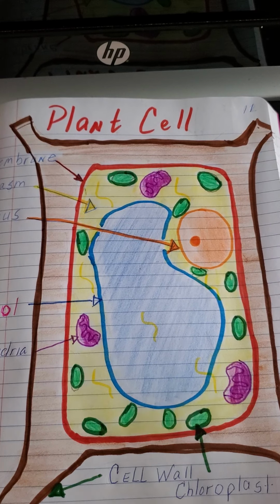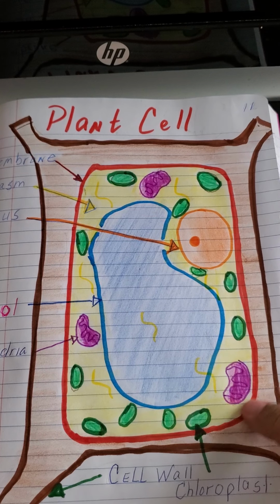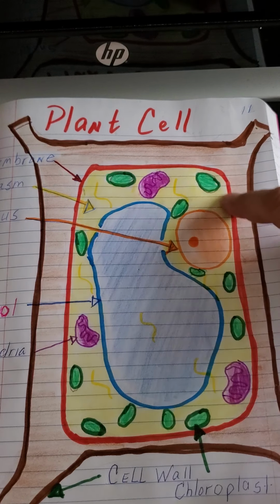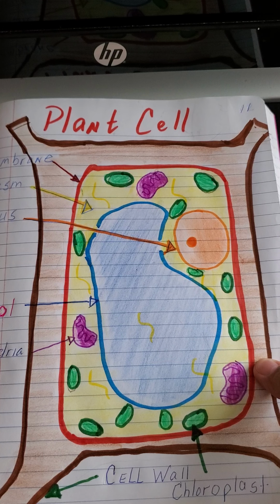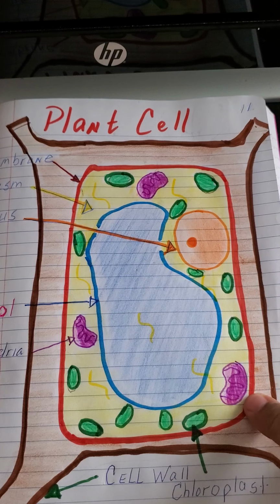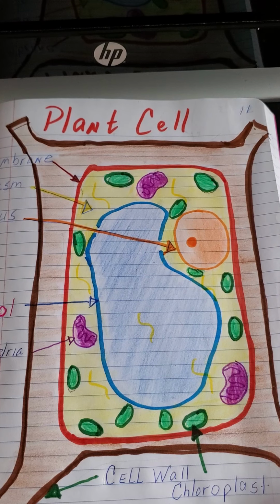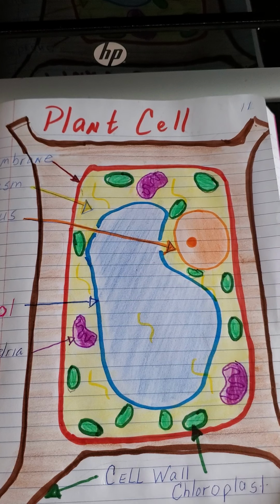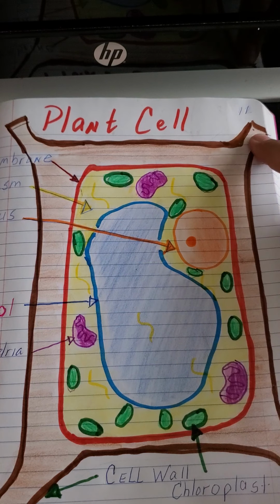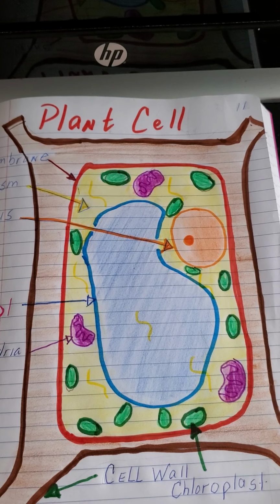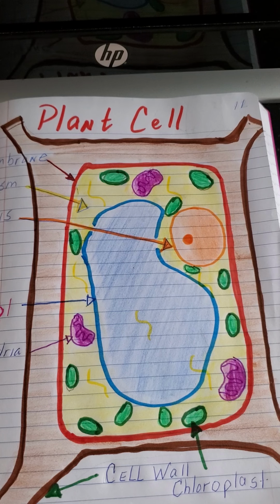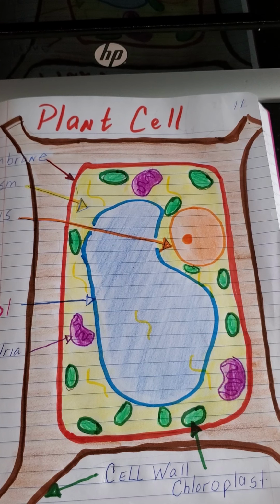I want to remind you that all cells, plant and animals, do have a cell membrane, like what we see here rimmed in red, and it's in our animal cell too. A lot of people get confused and think plant cells don't have a cell membrane. They do. But in addition, what plant cells also have is this, what I've colored in brown here, called a cell wall. And a cell wall is a hard outer protective wall or coating that protects the plants